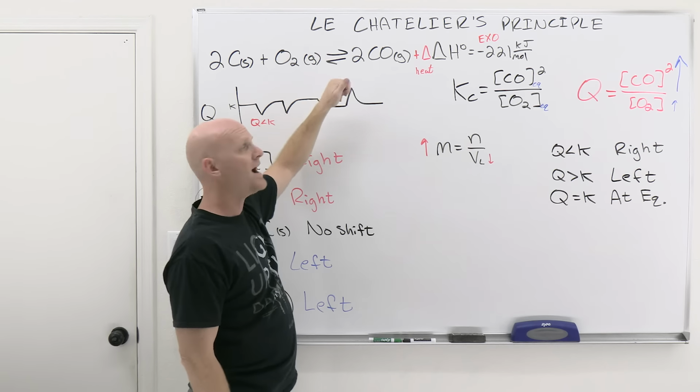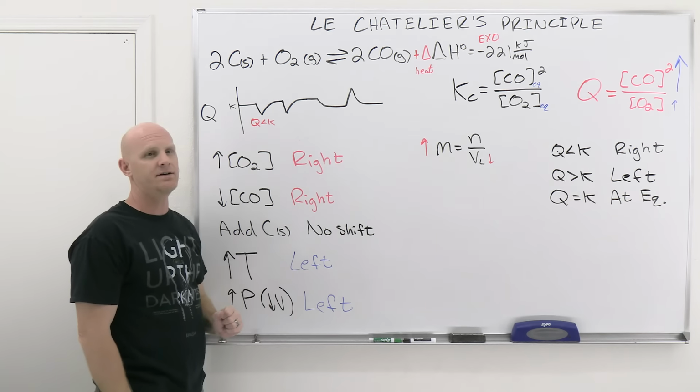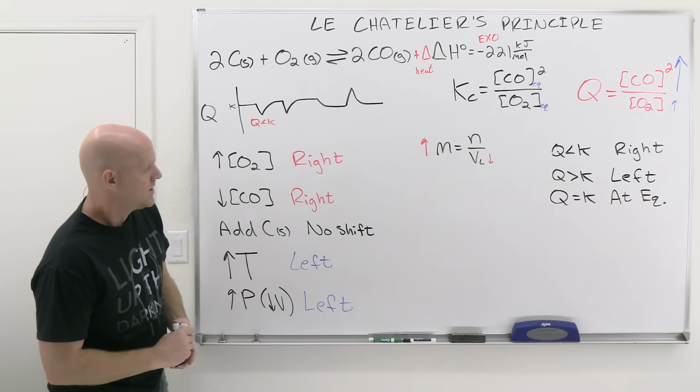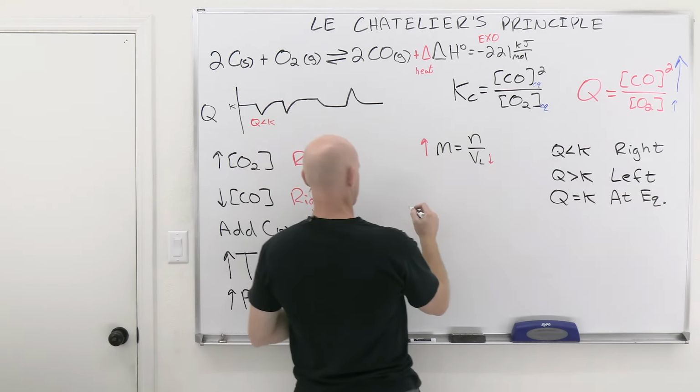And if the ratio got higher, then it's going to have to decrease to get back to equilibrium. And to decrease that ratio, we've got to shift left. Cool, so that one's tricky. Now the last tricky one here